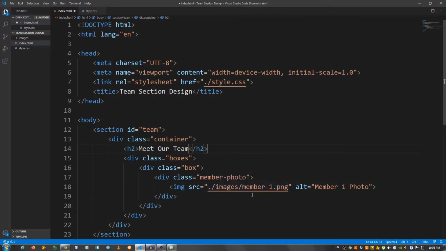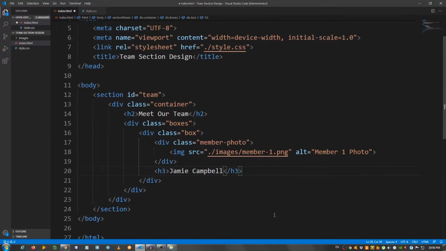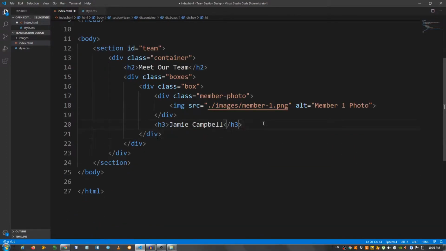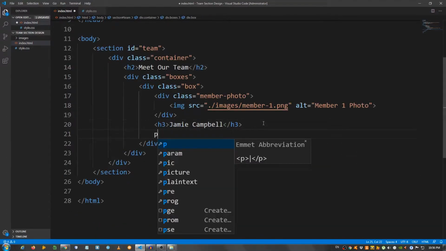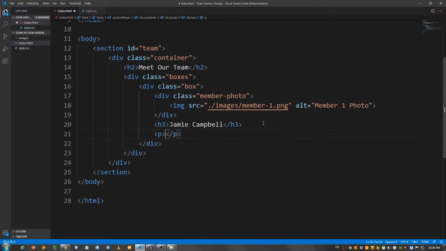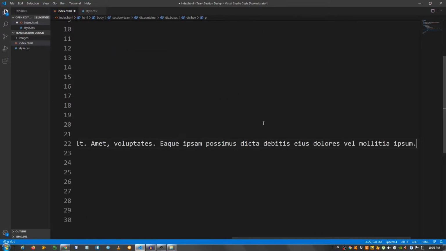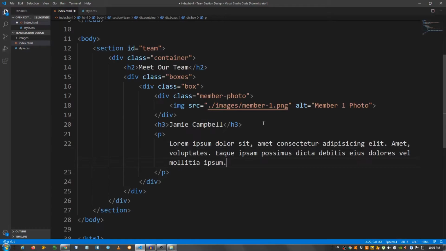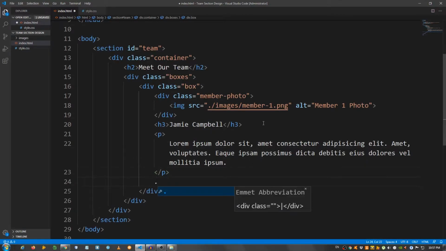And below the div with the class of member-photo, I'm gonna create an h3 element, and I'm gonna say for this one Jamie Campbell, just a random name. And below, I'm gonna create a paragraph, and I'm gonna say lorem 20. Let me text wrap here. Okay, and below the paragraph, another div with a class of social, and this is where we're gonna put our